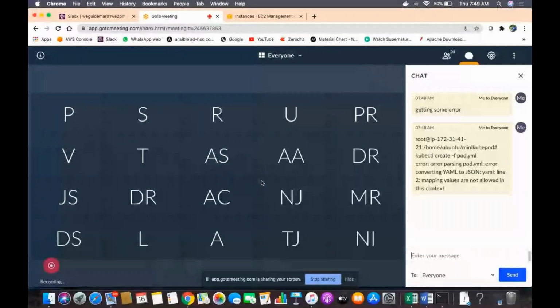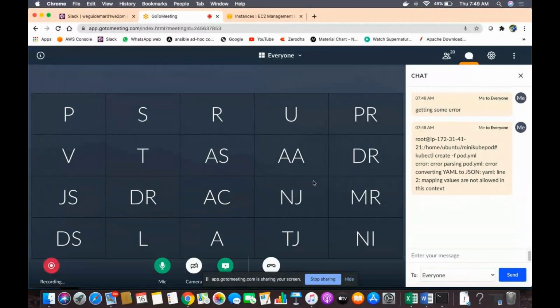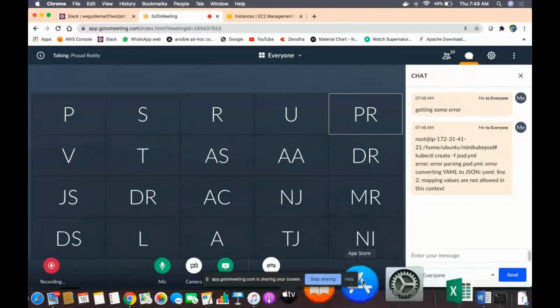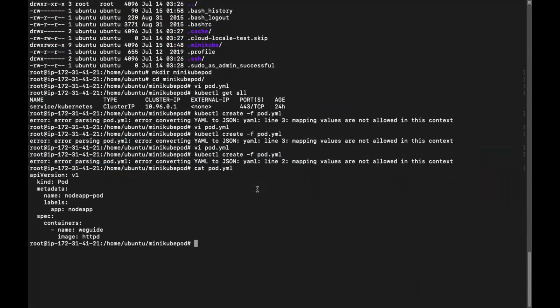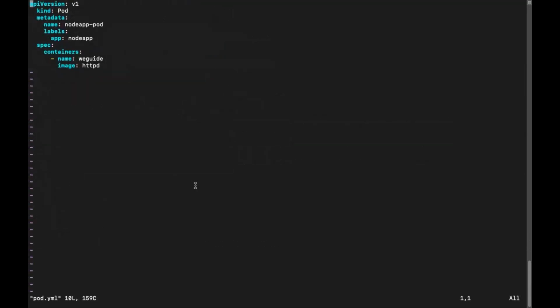Are you able to see my screen now? Yeah, I can. You see hyphen hyphen hyphen. I don't see that, I had given that previously, just removed it.